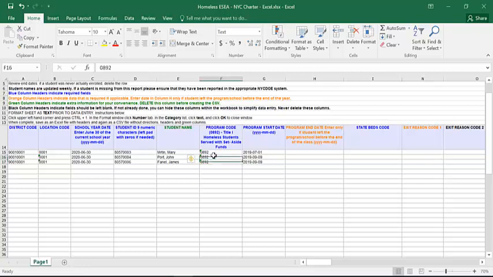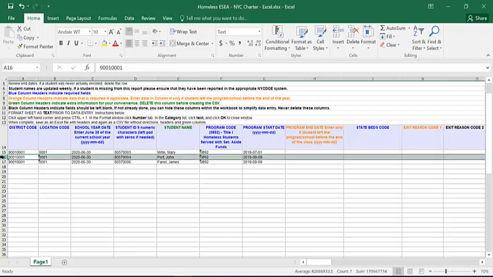When you get your report and you've already confirmed with someone at your school, your homeless liaison or whatnot, to ensure which students did receive that benefit of some service paid for by Title I Part A monies, then if you know that a particular student did not participate in that, you can highlight that entire line and delete it. Otherwise, you're just going to be maybe reporting every student. If you have a homeless liaison whose position is paid for by Title I Part A monies, every student would